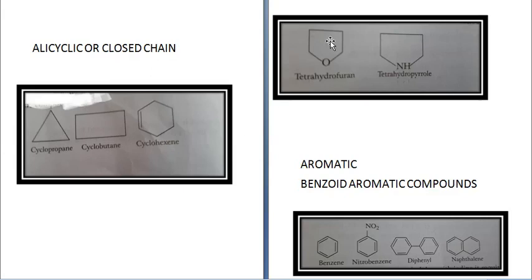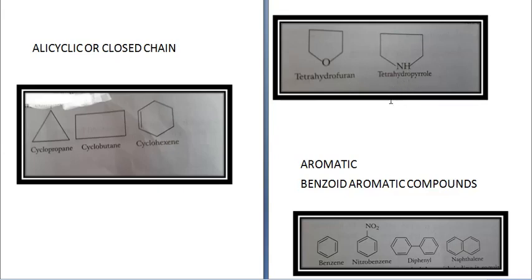The other type, they are heterocyclic. See here, heterocyclic, because in the ring, one atom is oxygen. Here one of the atoms is nitrogen, and the rest are carbon. So this becomes hetero. Hetero means different. So if there is something like nitrogen, oxygen or sulfur etc. in the ring, then they are called as heterocyclic aliphatic compounds. Like this is tetrahydrofuran and this is called tetrahydropyrrole.